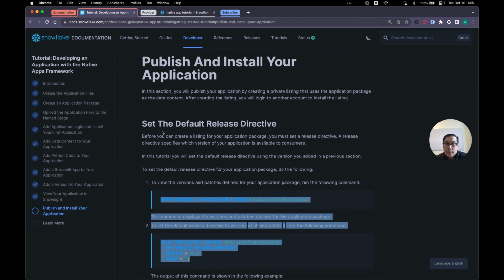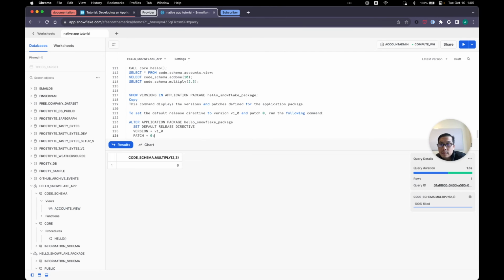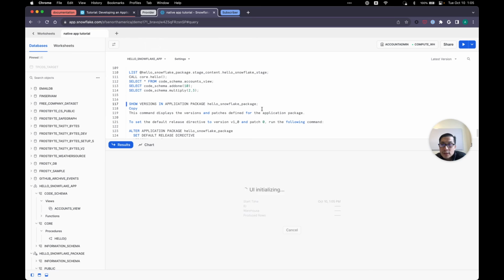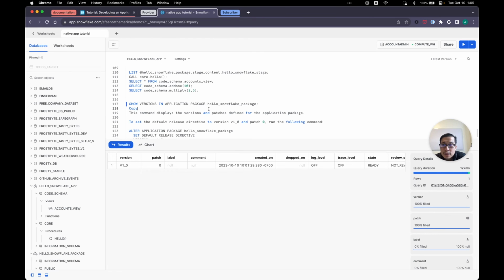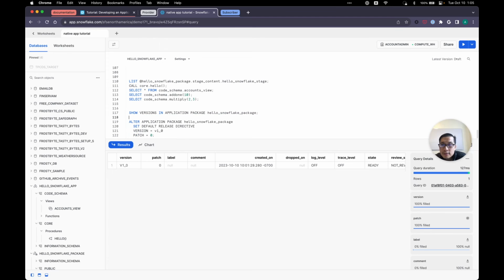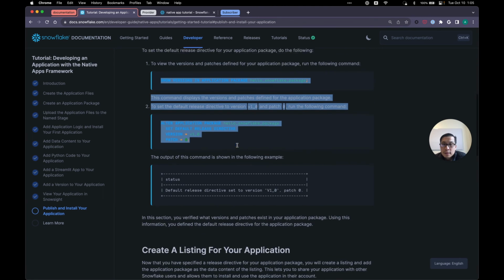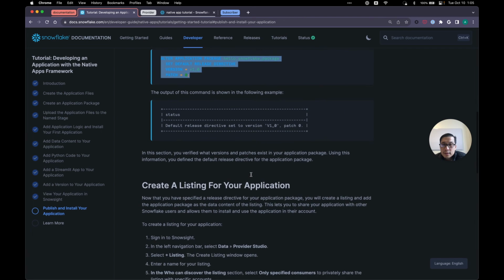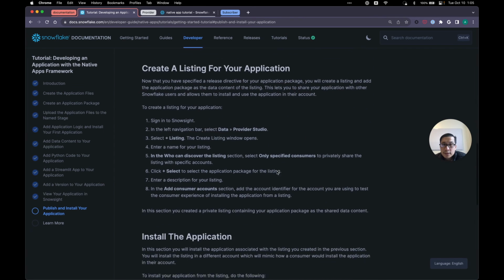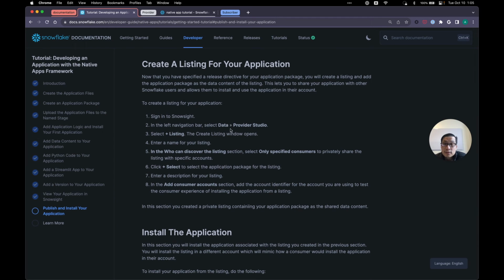So let's do that. Come back to our worksheet. All right, show versions in the application package. There's our version 1.0. And we're going to set the default release directive to that version 1.0, patch 0. Okay. And good. So we have the release directive. Now we're going to create the listing, which is like the packaging for the application. So Snowflake Data Provider Studio, and then create the listing, and then only specified consumers, and then we're going to select, and then we're going to add this subscriber here,